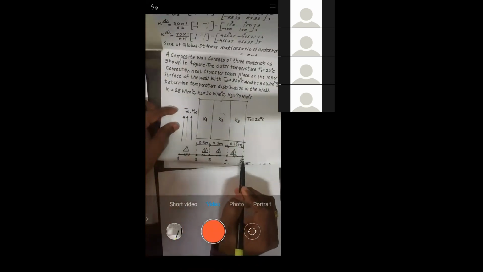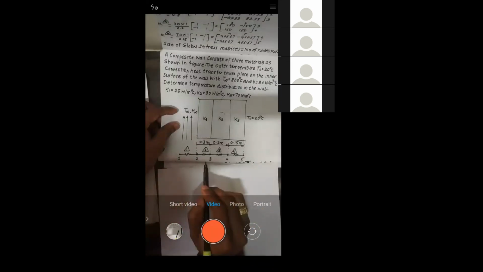But all of you see here, if you see this problem, whatever amount of heat that is entering at node 1, the same heat will go to node 5. Getting or not? Whatever amount of heat that is entering at node 1 will flow to node 2, node 3, node 4 and node 5. Is there any additional heat which you are supplying at node 2, node 3 and node 4? No sir.